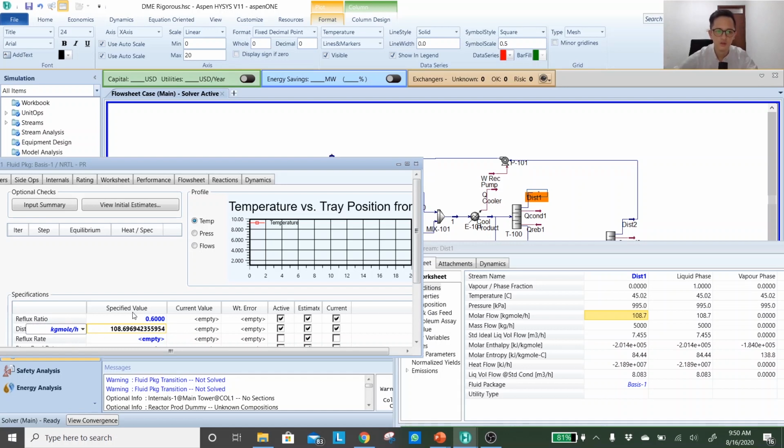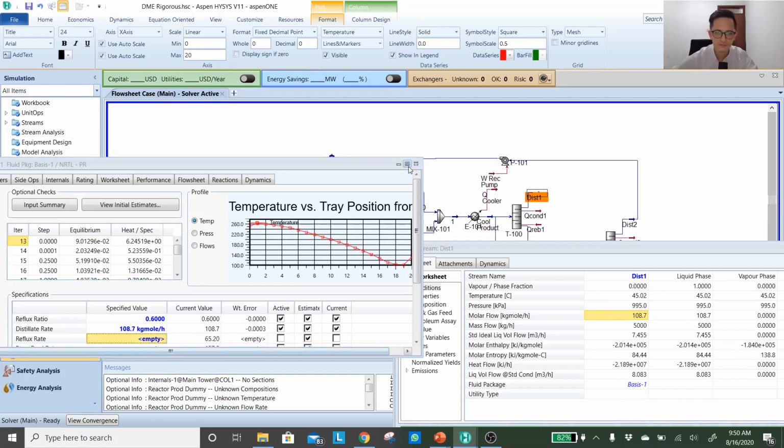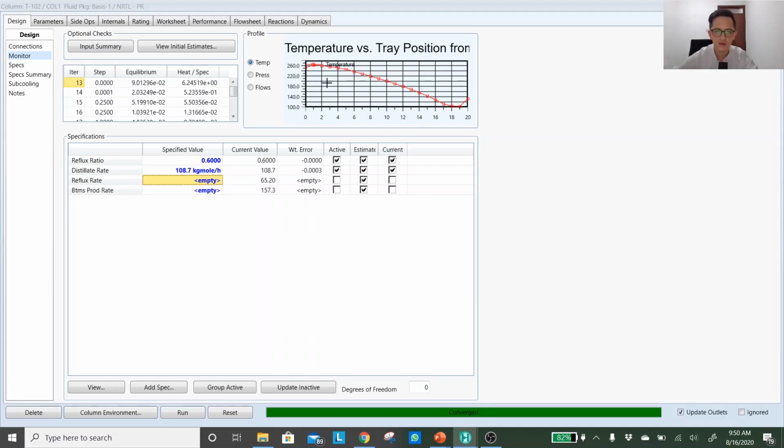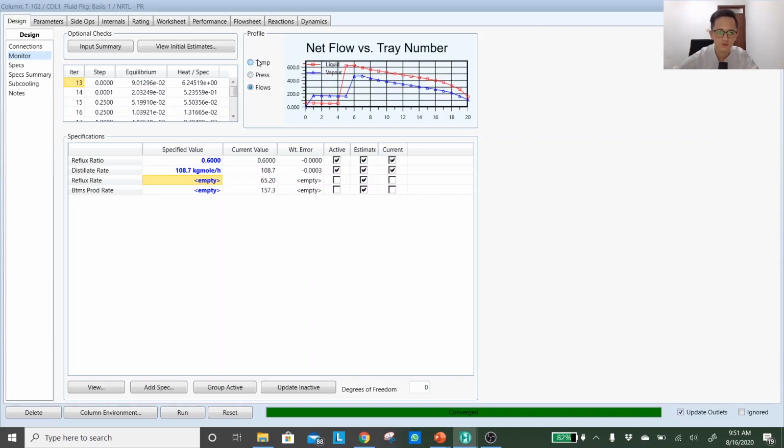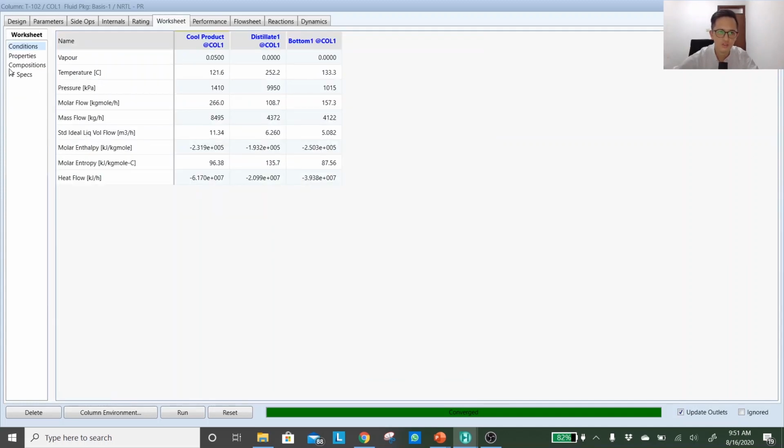See, the number is actually already rounded. That's why it's safer for you to control C and then control V the number. So you don't type 108.7 because that may be a wrong specific value. Okay, enter. Once you do that, you can check the profile of the temperature, the profile of the pressure, and the profile of the flow. You can check whether your simulation gives you correct results. Now you have your distillate and your bottom.